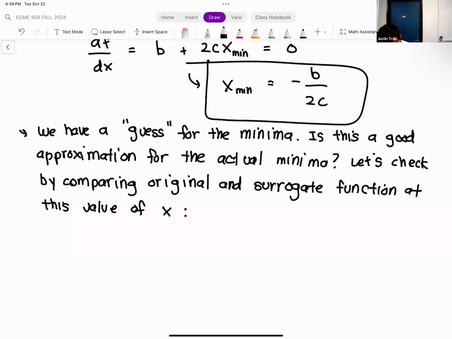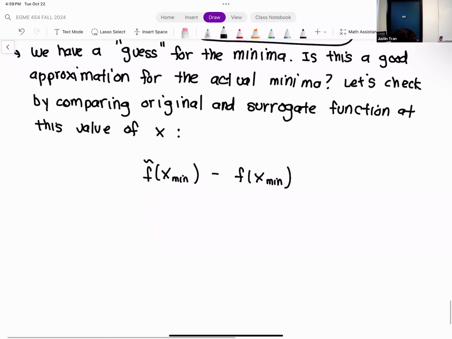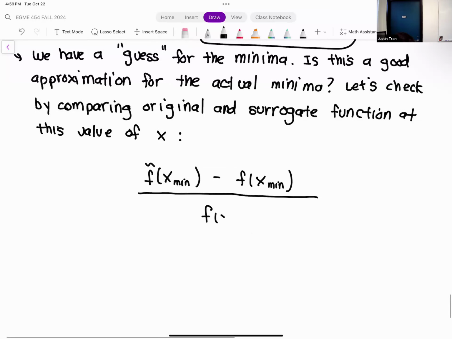If we take our surrogate function, evaluate it at x min, subtract that from our original function at x min, and then divide this by our original function at x min,